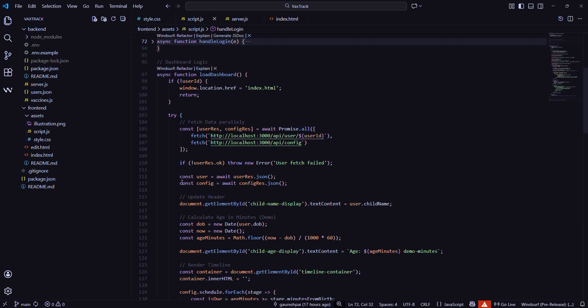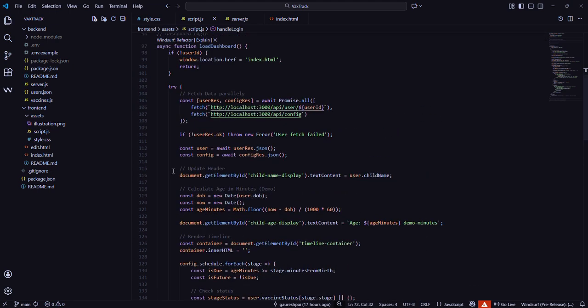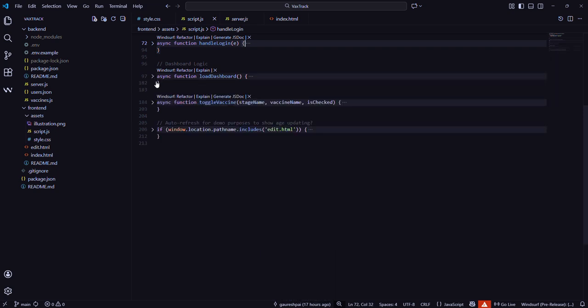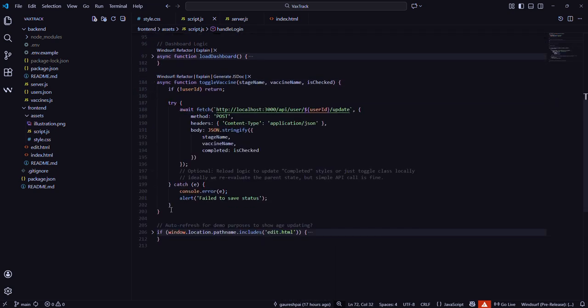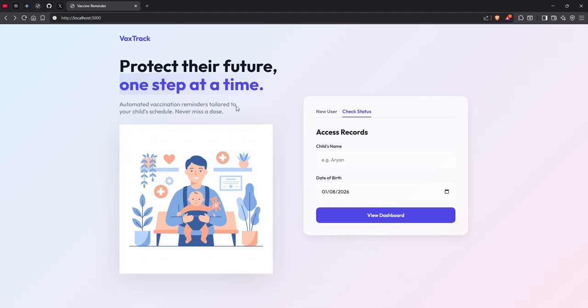Load dashboard. This is where the configuration is getting loaded. It's not needed for you guys. Toggle vaccine is the function that is getting called while you are checking the checkbox in the edit page, and this is the auto refresh function, which is not required. We'll dive directly into the